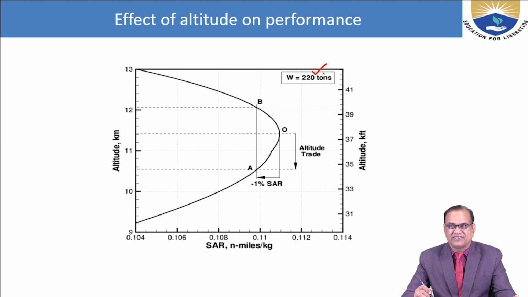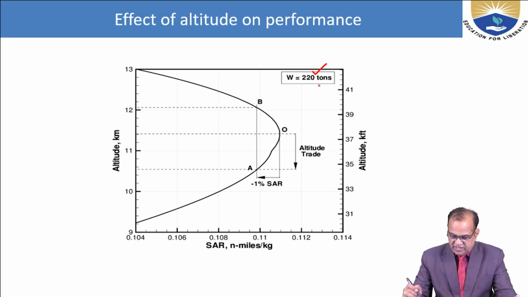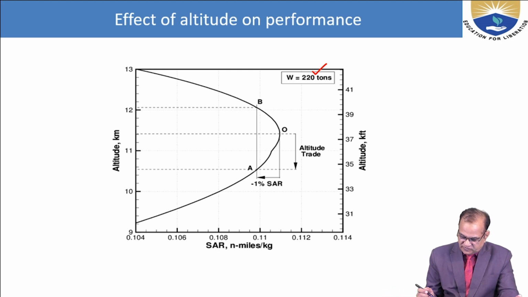Weight is very important: at what weight you are flying. So, this is the SAR in nautical miles per kg. This is your fuel consumption, and if you are flying in this